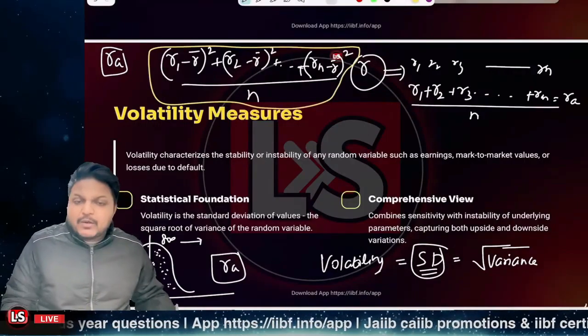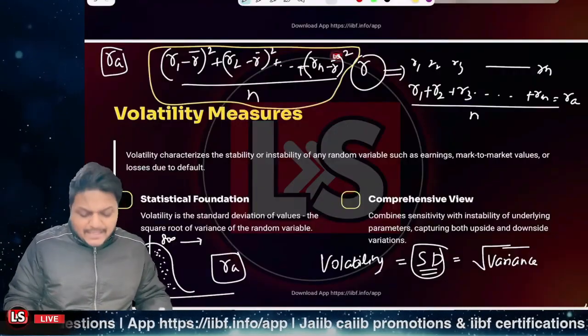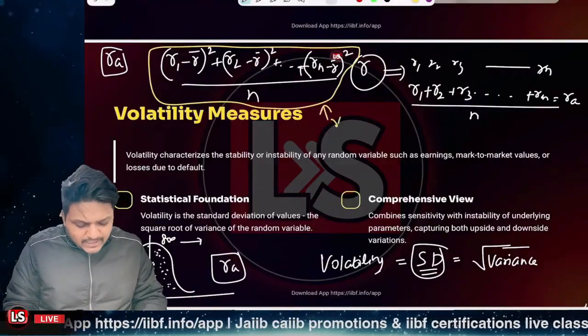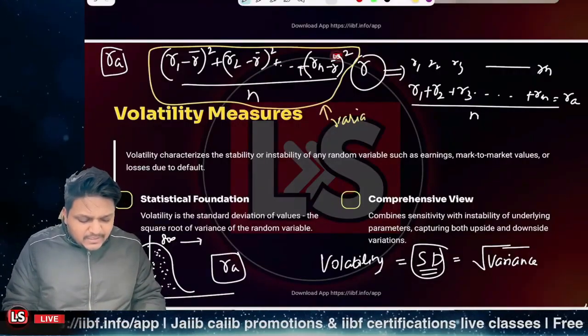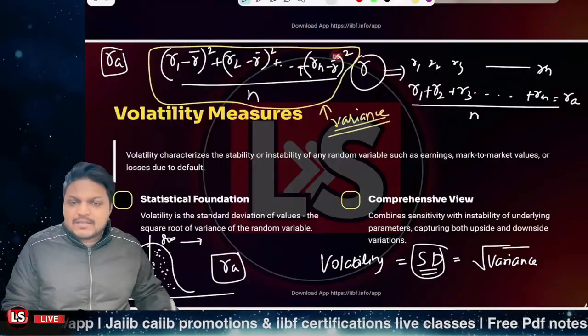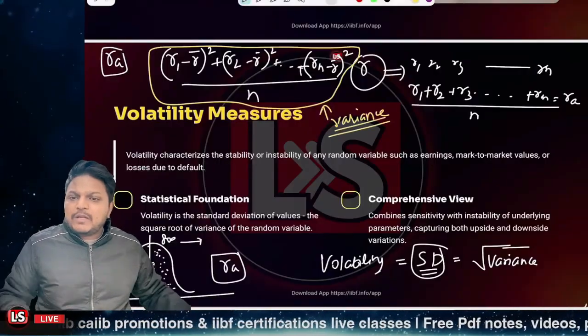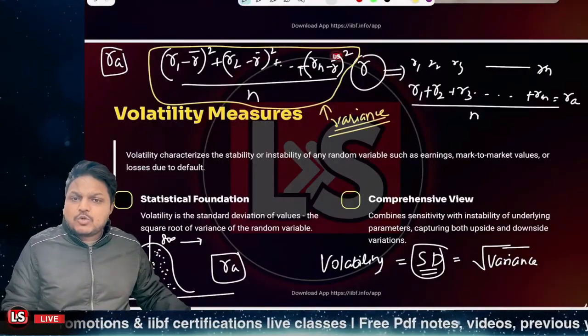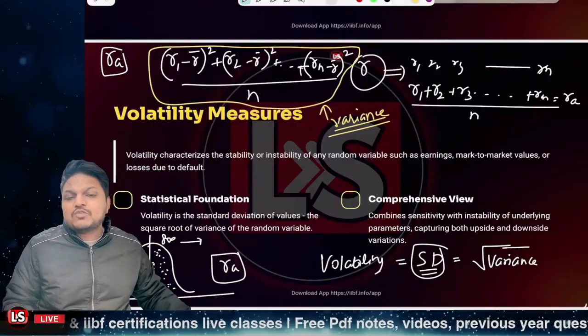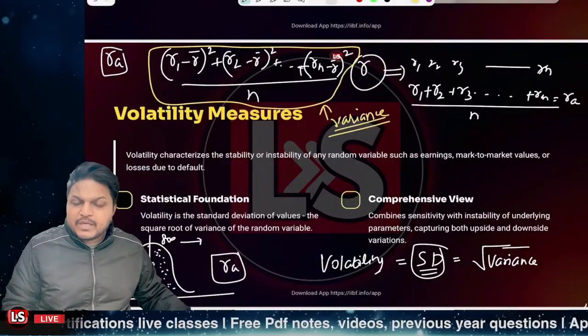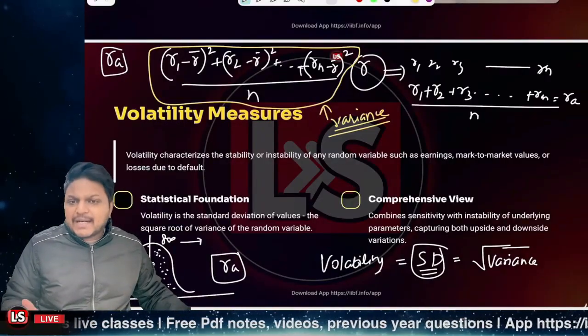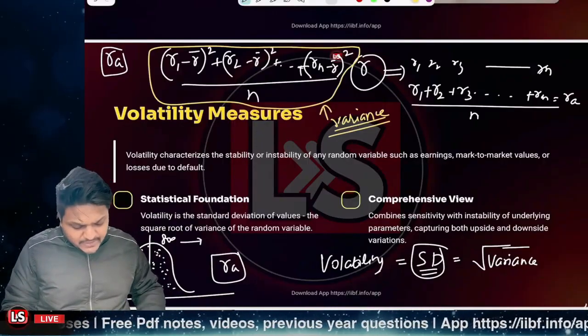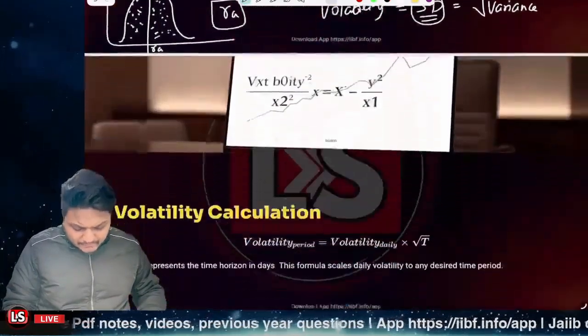This is the formula related to the variance. When I find the square root of the same, it will be the standard deviation. We'll also be solving the standard deviation, so don't worry, you'll get to know how we can solve it. Is that clear? Kindly confirm. So that's the first point related to it.